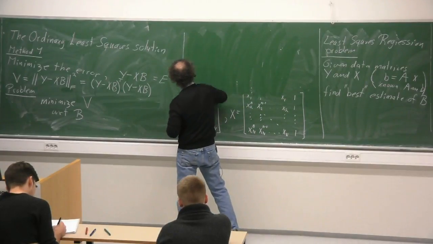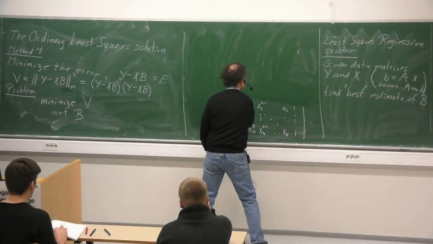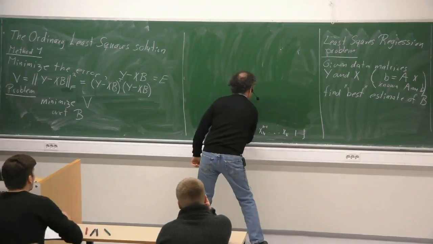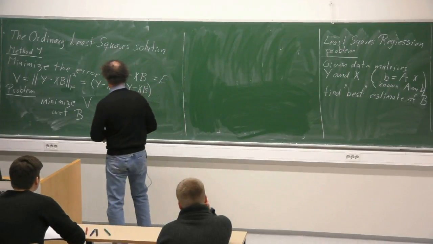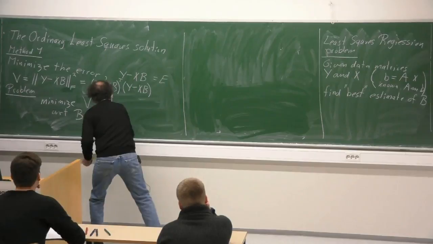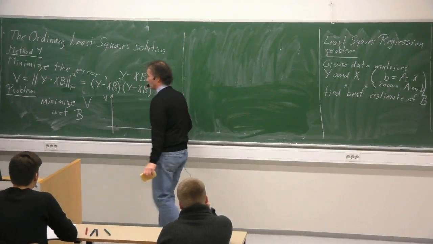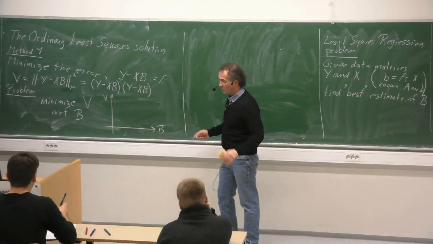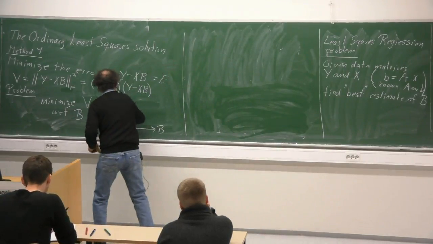From optimization, we know that in the minimum, the derivative of this function will be equal to 0. So I can sketch this scalar valued function V as a function of b. Of course, in this figure, b is only a single parameter. But this function would be something like this,